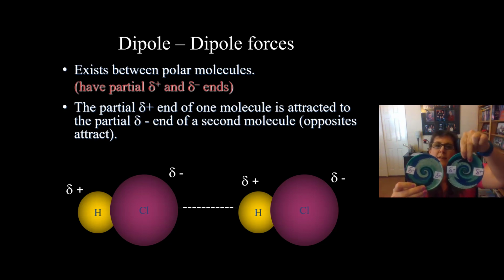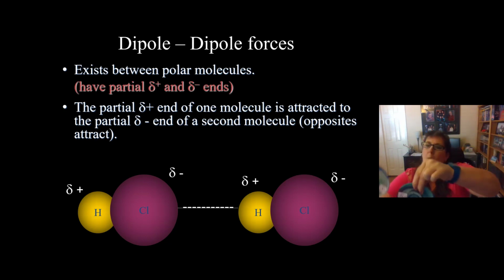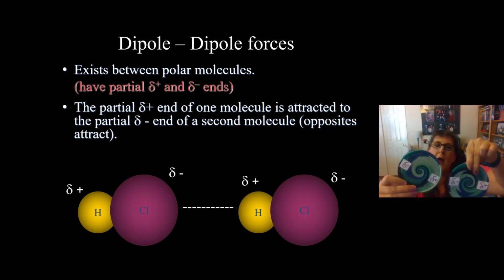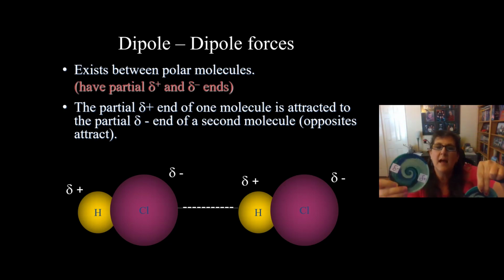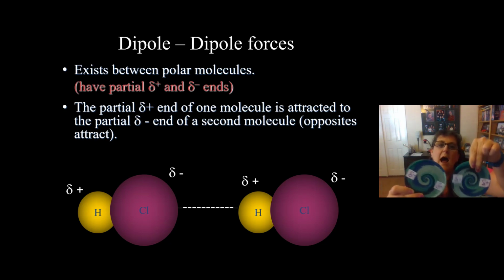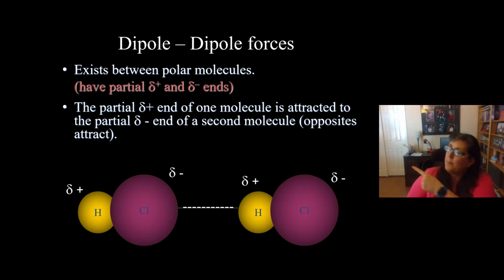We're going to have this orientation, so they'll kind of bobble around each other. You often see dipole-dipole forces in liquids, and they kind of flow around each other, keeping the delta minus to delta plus sides close to each other. Again, in the picture with the HCl, we see the white dashed line between the delta minus of the first molecule and the delta plus of the second molecule. Again, opposites attract. And dipole-dipole is permanent, and you have to have polar molecules for dipole-dipole forces.